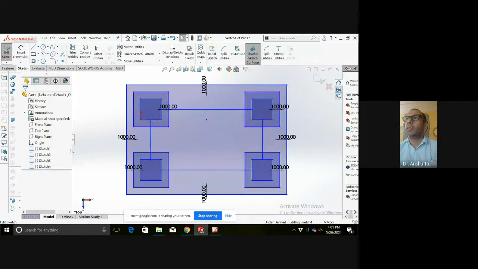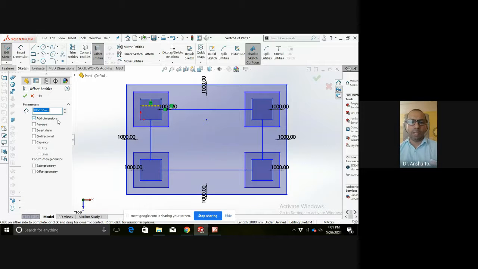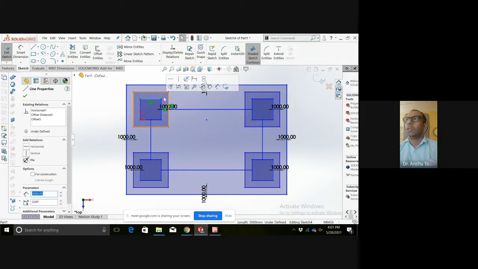Now I will edit it and draw another square inside it. So I will try the offset command. How much offset? Actually, let us take a 500 mm side. How much is this one? We don't know. This is 3000. So we need 500. So we will be requiring to reduce; 3000 minus 500 is going to be 2500.